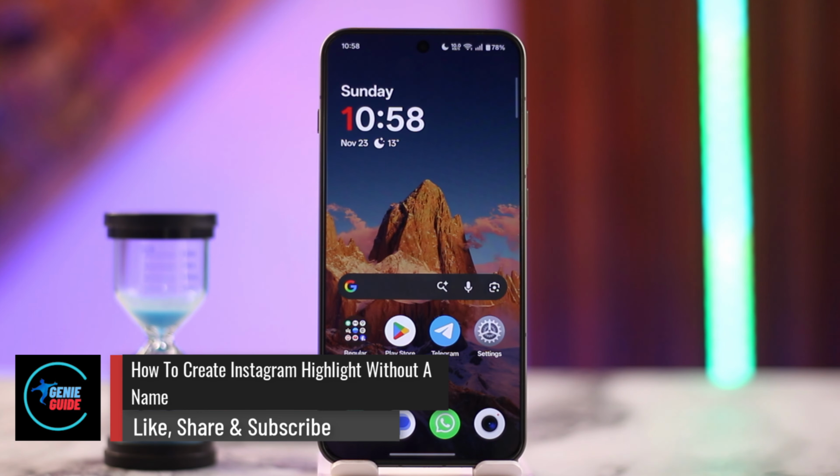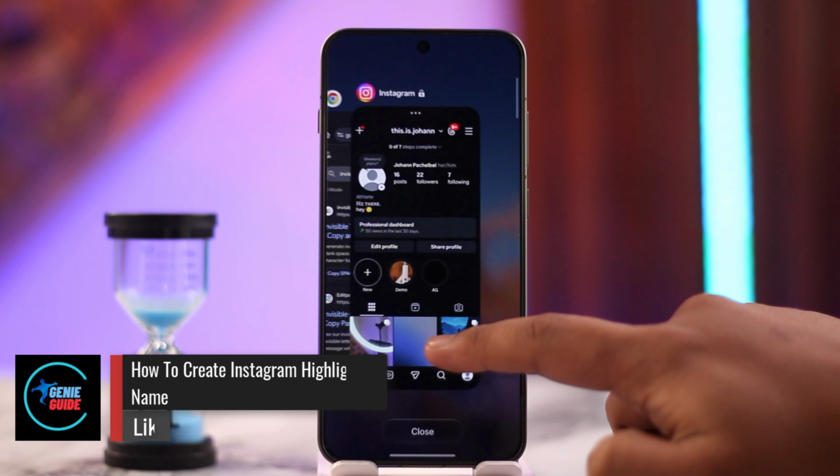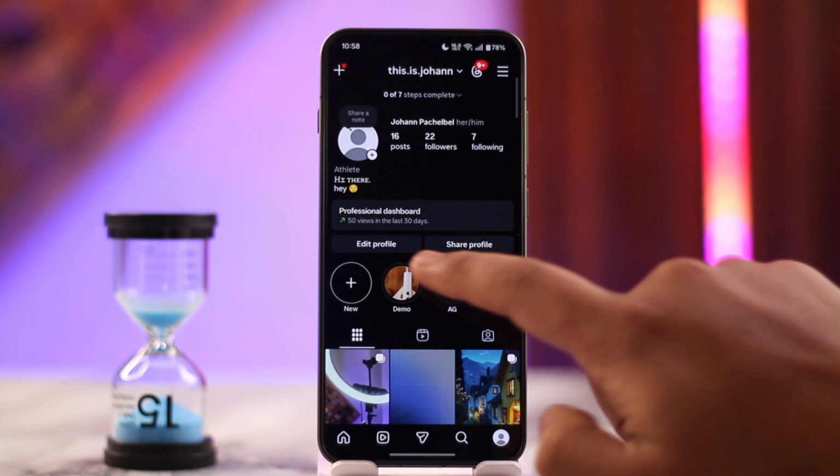How to create Instagram highlight without a name. Now, if you want to create an Instagram highlight without a name, so let's say if I tap on the